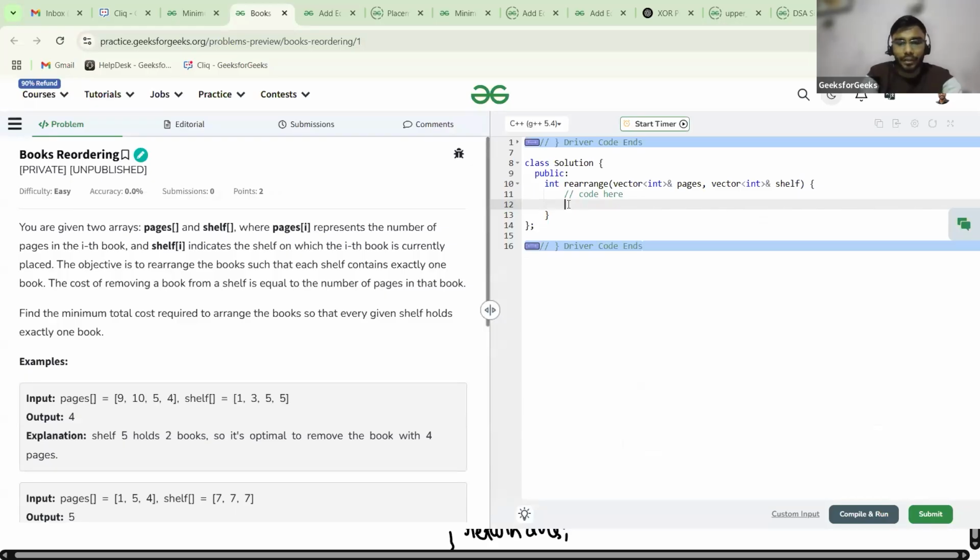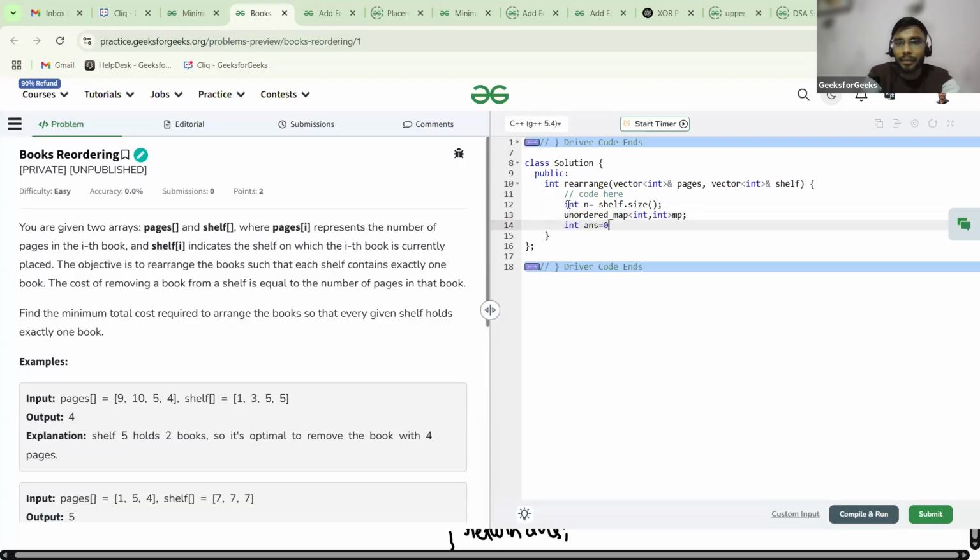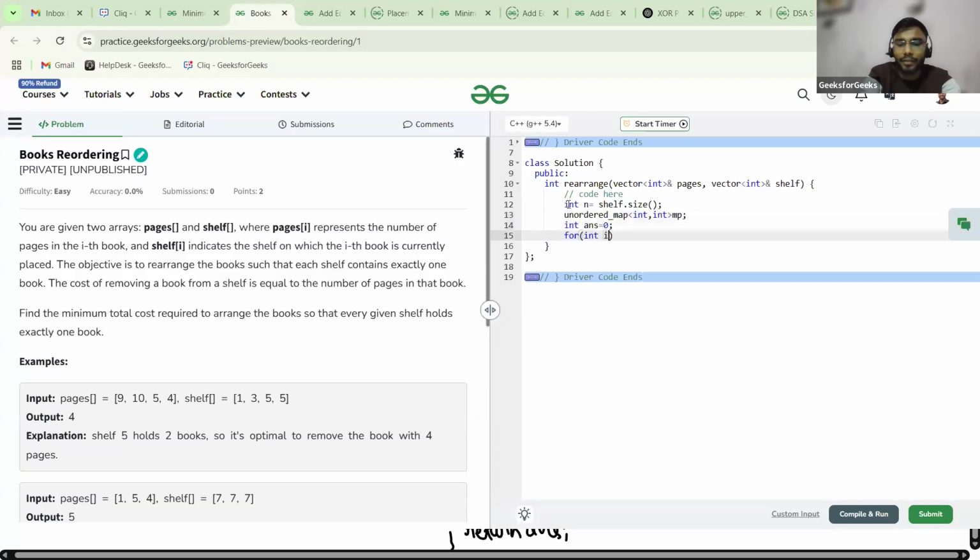So here I am calculating the shelf dot size. After that, declaring an unordered map of int comma int to store. Along with this, I need an answer variable initially filled with 0, and I am traversing in my shelf, i less than n.